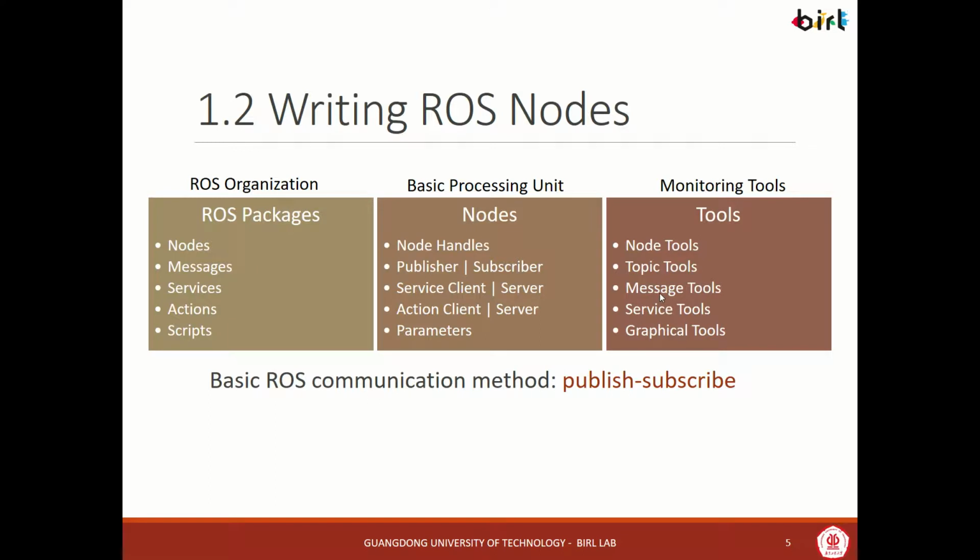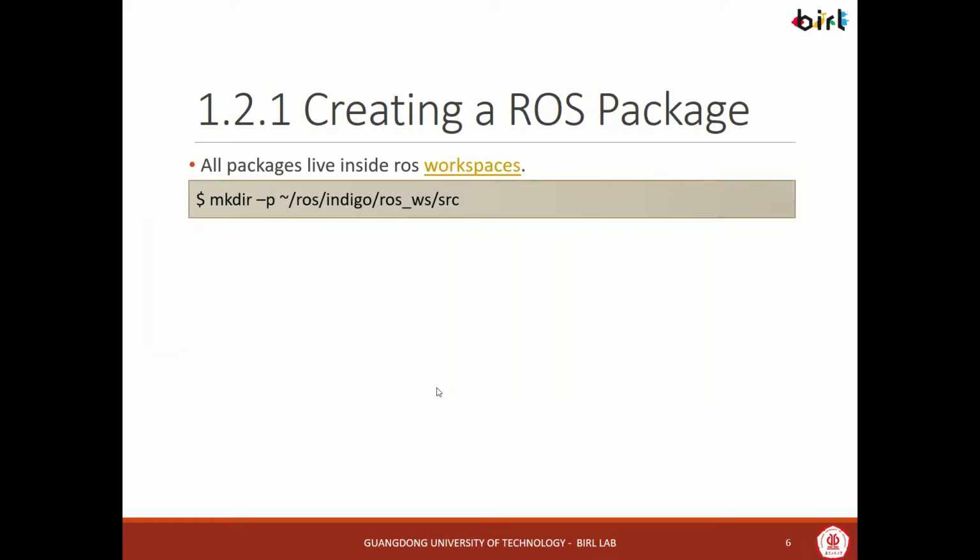We can also look at message tools to understand exactly what they look like, what kind of data is in a message type. We have service tools also to understand, for example, the request and the result of a service, and graphical tools to see the ROS graph, to plot data, to look at images, and a host of other things. So having said that, we're going to start introducing the basic ROS communication method, which is going to be the publish and subscribe methodology. So let us start then by